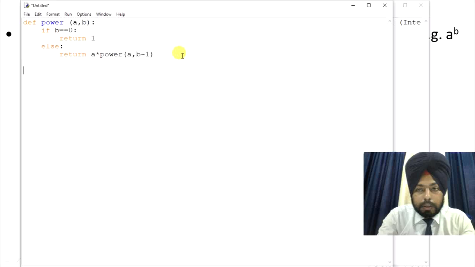Now in the main screen there is written main program, that is a comment, so I'm not adding that comment here, I'm directly typing the program.